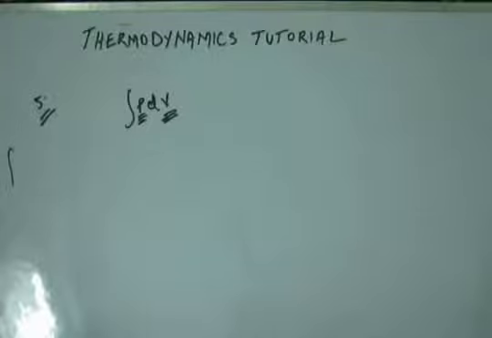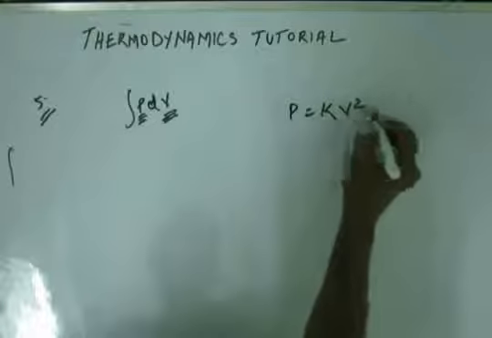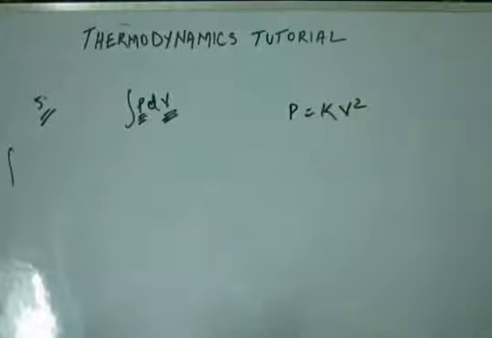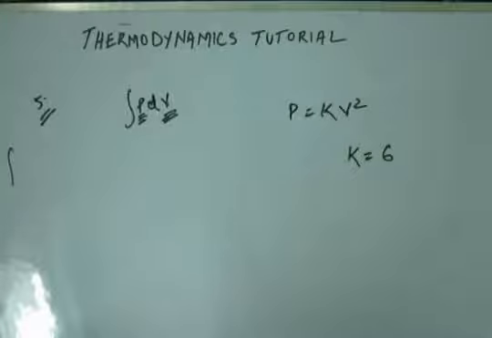So suppose I have been given an expression for pressure and volume, and it is said that P is equal to kV square. Now for an ideal gas we know PV is equal to nRT. That's how pressure and volume are related. But suppose this is a special kind of gas or a real gas whose behavior is approximated by this expression, P is equal to kV square. K is some constant, and the value of this constant is given as 6 bar